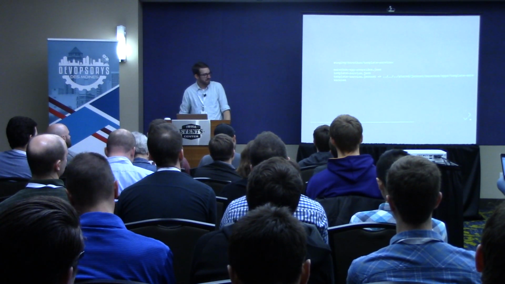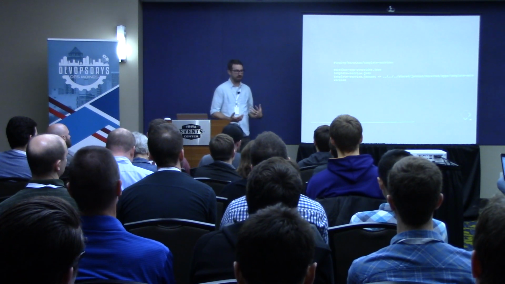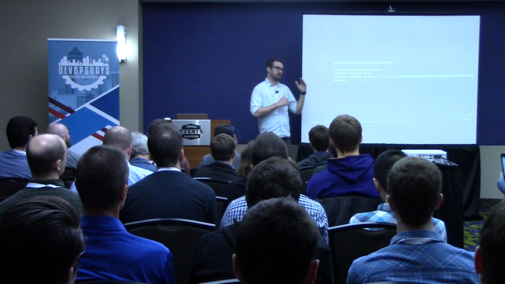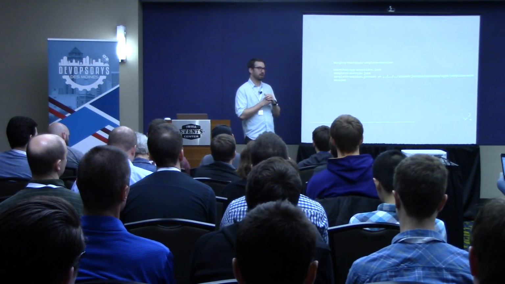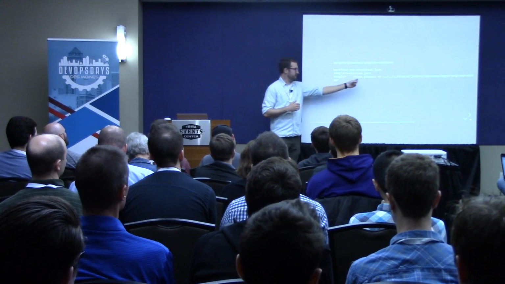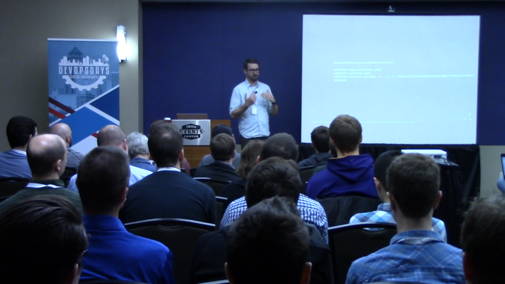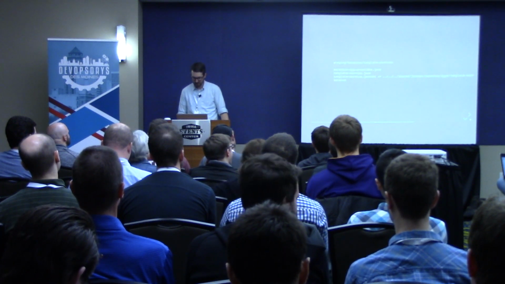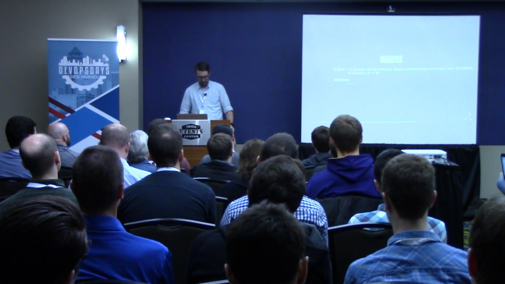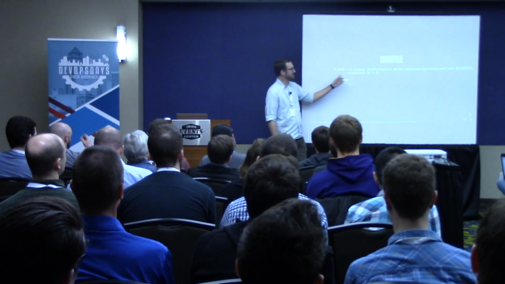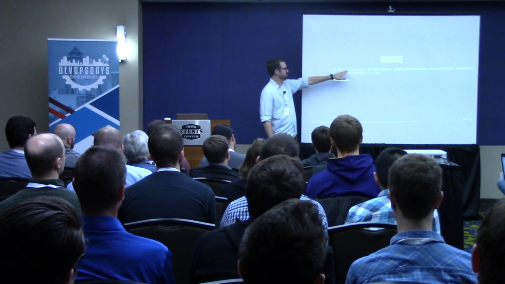We check in the JSON files as well, the actual generated output, because it's nice in a pull request or any type of commit to see what I changed in the template and what the actual end result change looks like. So we check those in so they can be applied. And then at the very bottom of it, we have a makefile. That basically, this is some arcane make stuff here.